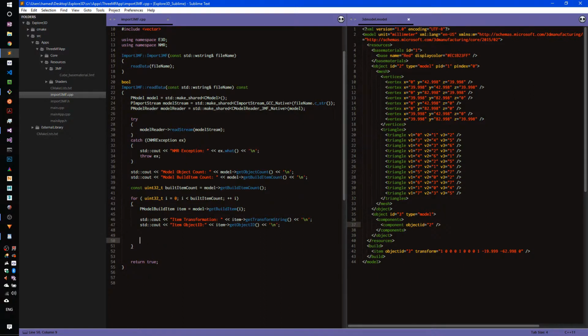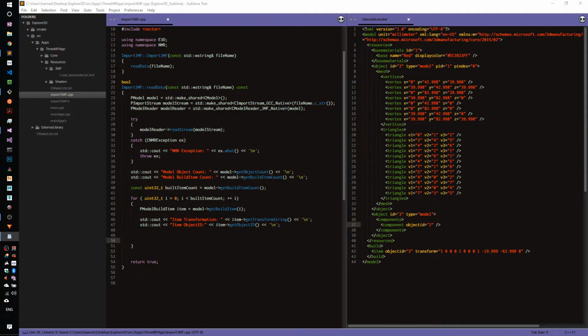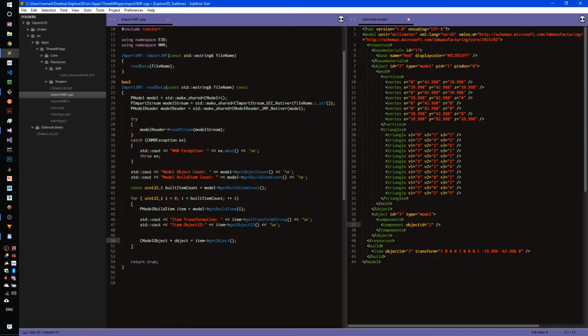get the object for the items. We can do this by simply calling item get object, and this gives us a C model object pointer. Alright, so once we have that, we are going to merge all the components that are inside these components. So to do this, what we would do